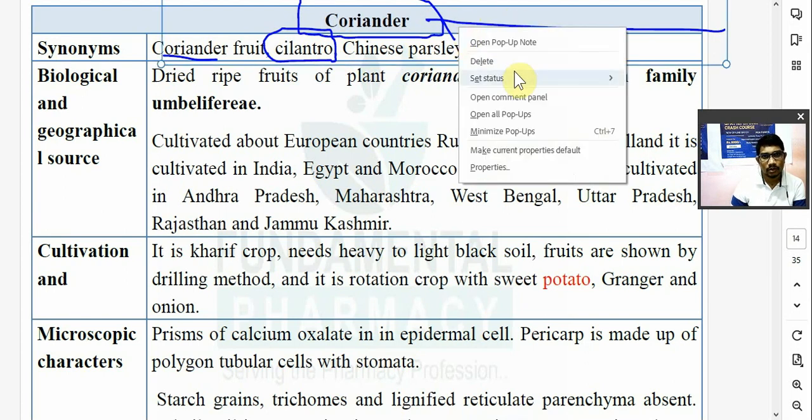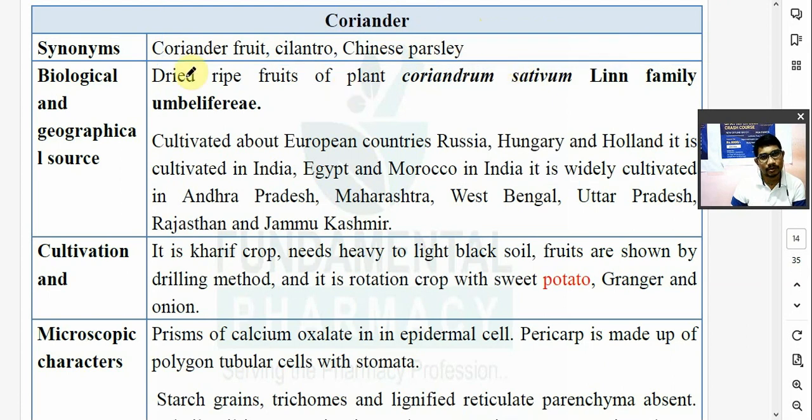कोतंबीर दे दो, लेकिन वहां पे कोतंबीर बोलेंगे तो समझ में नहीं आएगा। Even coriander भी बोलेंगे तो उनको समझ में नहीं आएगा, you have to call it cilantro. The foreign question on this has come: coriander is also known as Chinese parsley. Question on this: coriander is known as a Chinese parsley. Coriander, food: cilantro, Chinese parsley. Biological and geographical source: coriander मतलब क्या, धनिया। मराठी में त्याला धनिया म्हणतात. Dried ripe fruits of plant